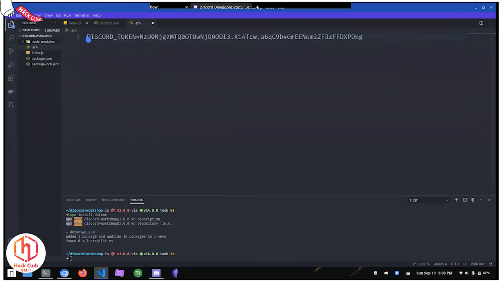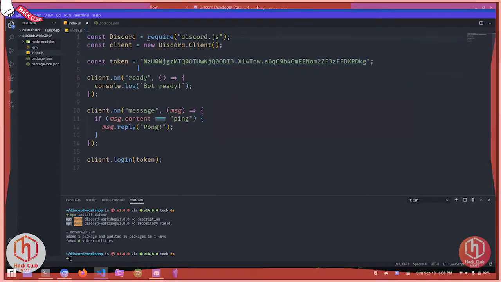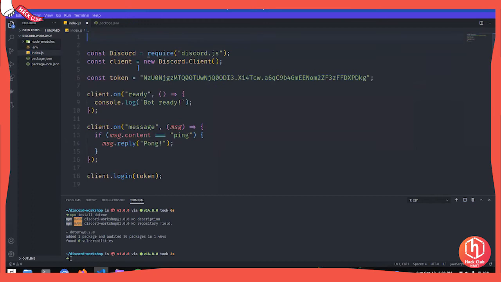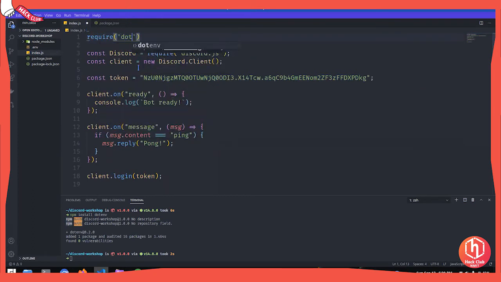And be careful, don't add any double quotes. It's nothing but something equal to something. So no double quotes, nothing. Go ahead and save your environment file as it is. And the way you use it inside your project is at the top of your project you have to require the .env.